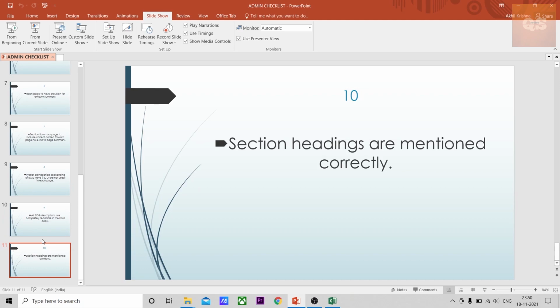So I hope this video was informative. Make sure this checklist is prepared before final submission to the client, because when you submit a BOQ to the client, the first thing that the client looks at is the proper formatting. They will not go deeply into the description or the quantities. They will just basically look at how the format is, how the BOQ has been made. So if that is not being done properly, then that itself will be a very bad impression.